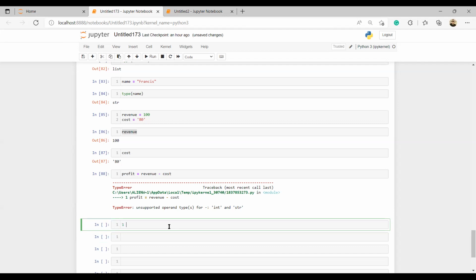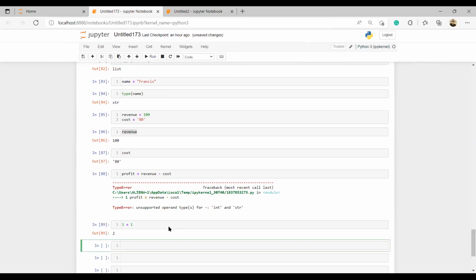But I can do this. Look at 1 plus 1, what is it? 2. Do you agree with that? Yes. Now 1 plus 1 as text. It returns the same thing you've typed.